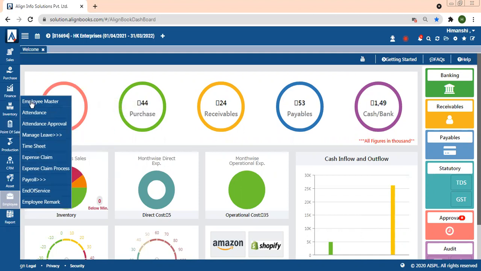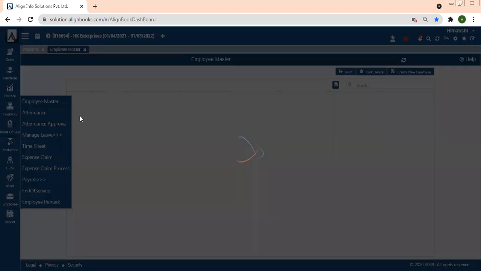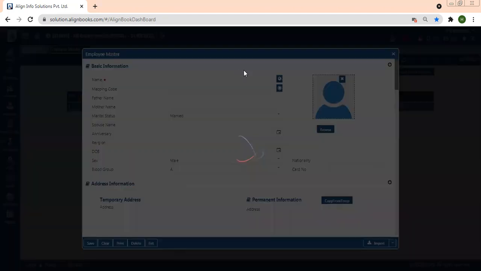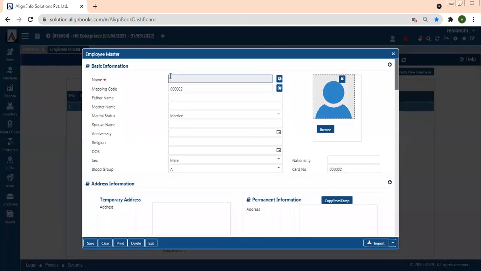So first, I will tell you how you can create your employee. Because first of all, we have to create all our employees from this employee master. So here I have already created one employee. If you want to create a new one, you have to click on create new employee. So here I'll put the name of the employee. So let's say I have put employee 2 here. All other details have to be